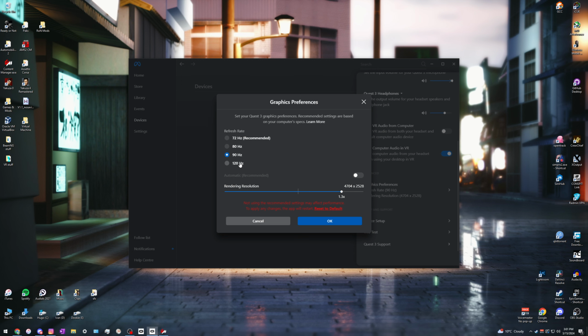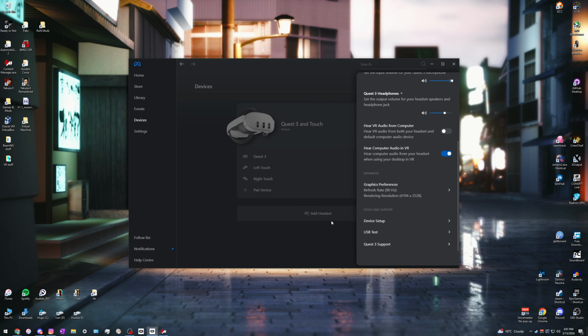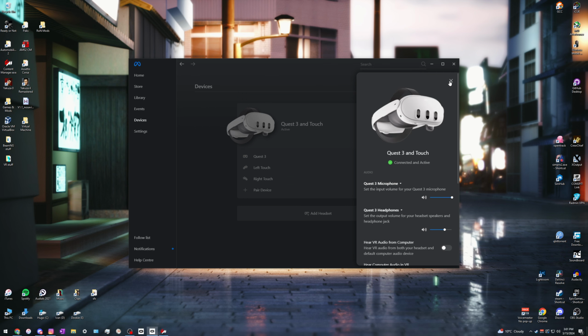And then again, if your GPU is strong enough, you should probably turn this up to 120 Hz if it allows for it. But I can easily hit 90 FPS for most maps, so I have it set to that instead. And speaking of these Hertz things, next is after you have connected your Quest 3 to your computer,